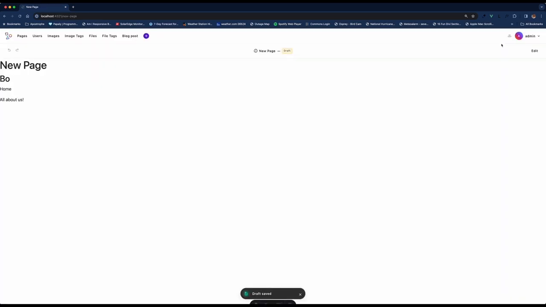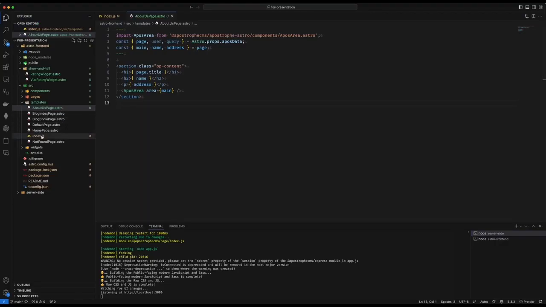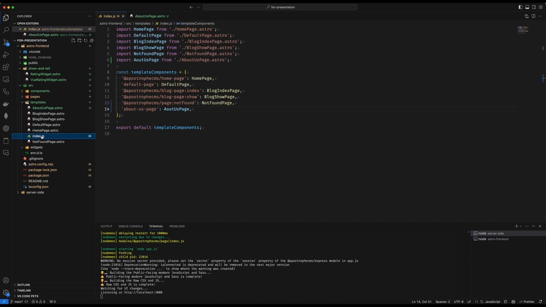In the interest of time, I'm not going to cover adding a piece type in depth. Basically, for the actual piece type, there isn't anything to do on the Astro side. When you create a new piece type in your Apostrophe project, it will become available to add and edit in the Astro front end. For the piece type pages, on the Apostrophe side, you would need to follow the normal steps of adding the module to the app.js and pages module. On the Astro side, you would have to create templates for the index and show pages, and then map them in the index.js file using the colon notation that I pointed out earlier.